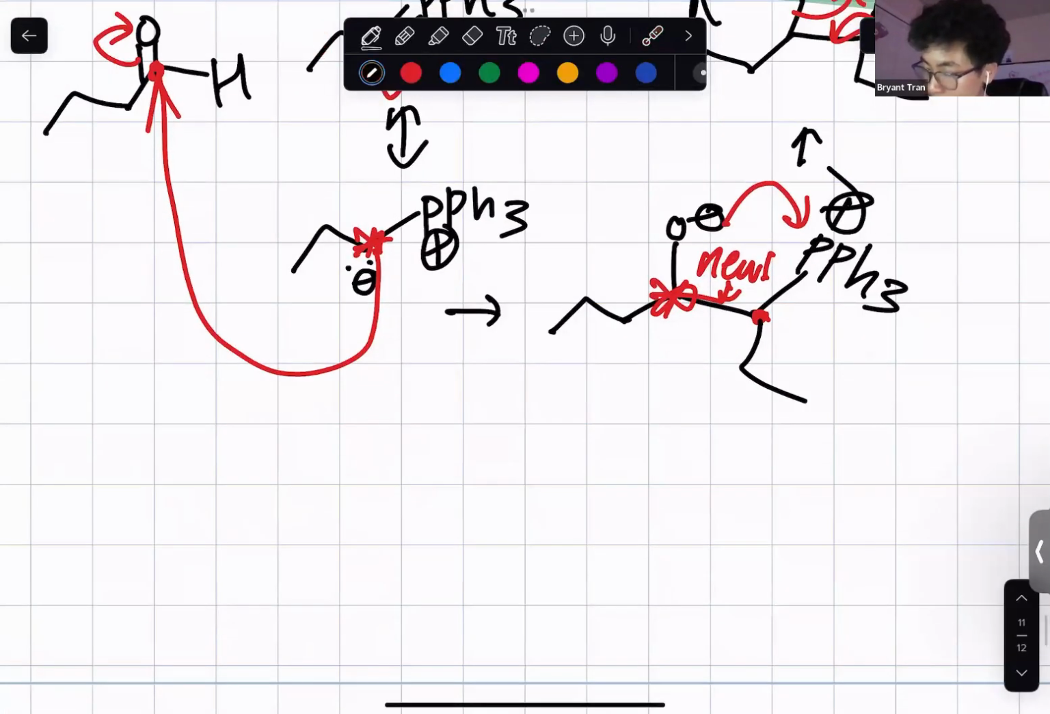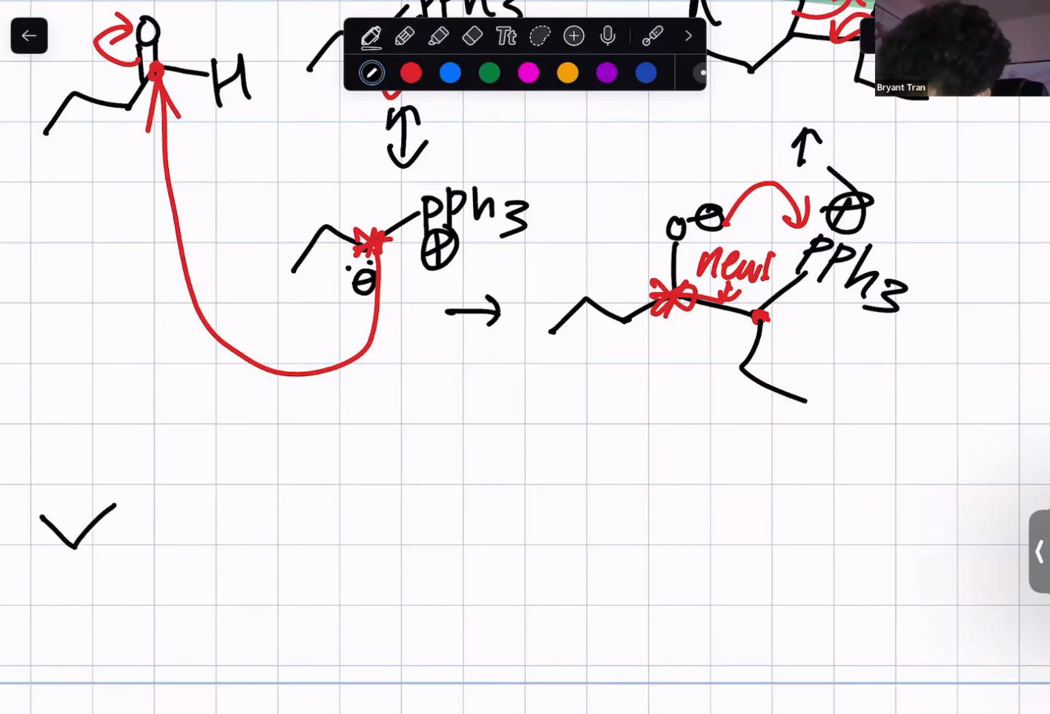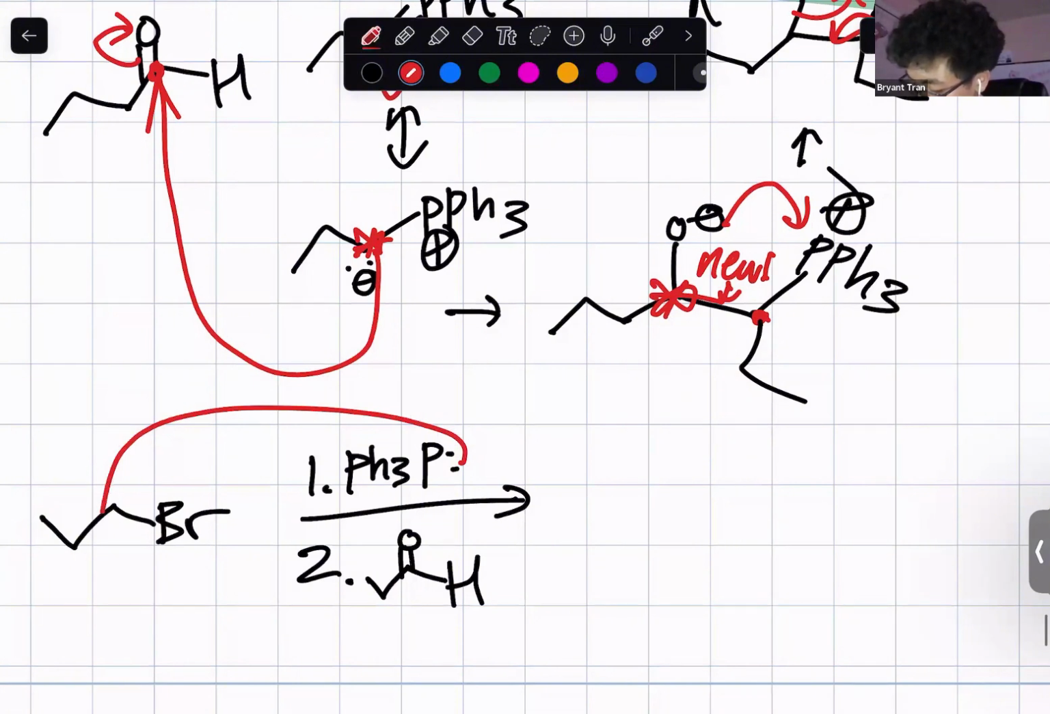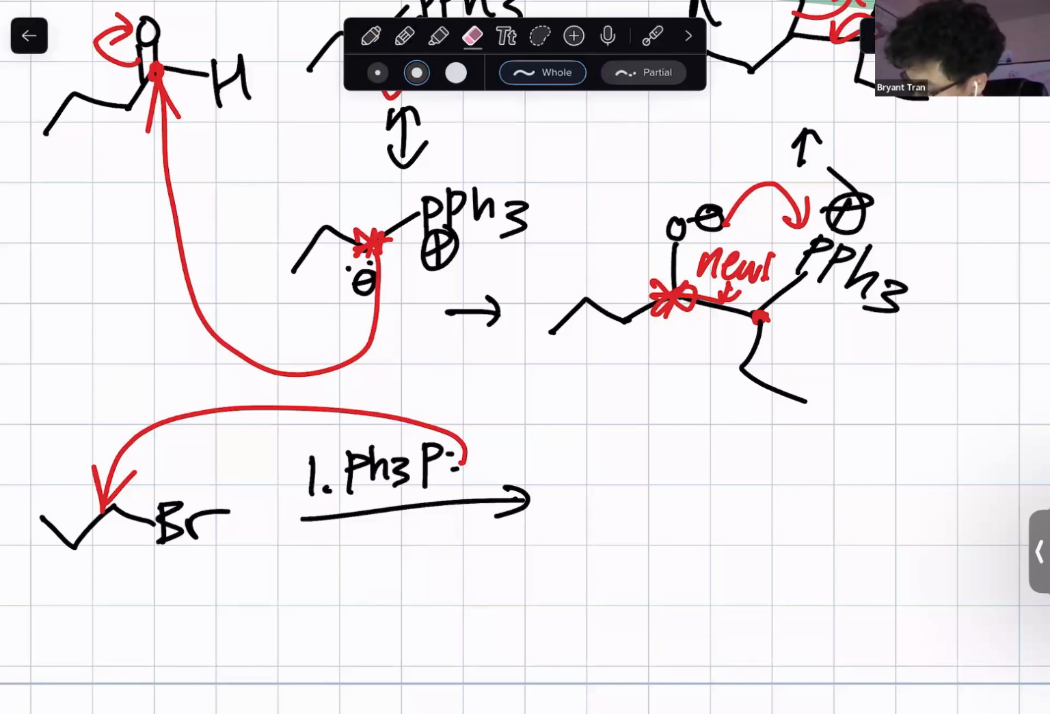Now to create the ylid, right, you might see something like this. You might see a haloalkane like that, and you might see first step PH3P, where the P has a pair of electrons, and then second step you might see aldehyde like that, right? And this is going to be a big sign of Wittig reaction because the first step here is going to create the ylid, right? The first step is going to have the phosphorus attack the carbon, kick out the leaving group bromine to give you